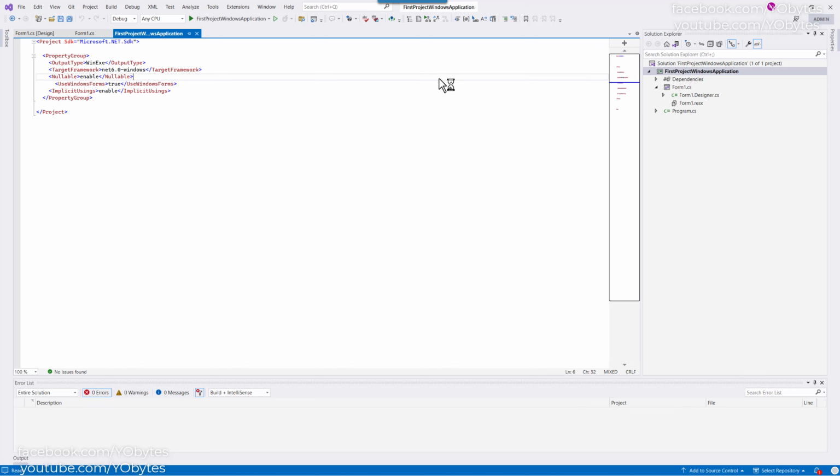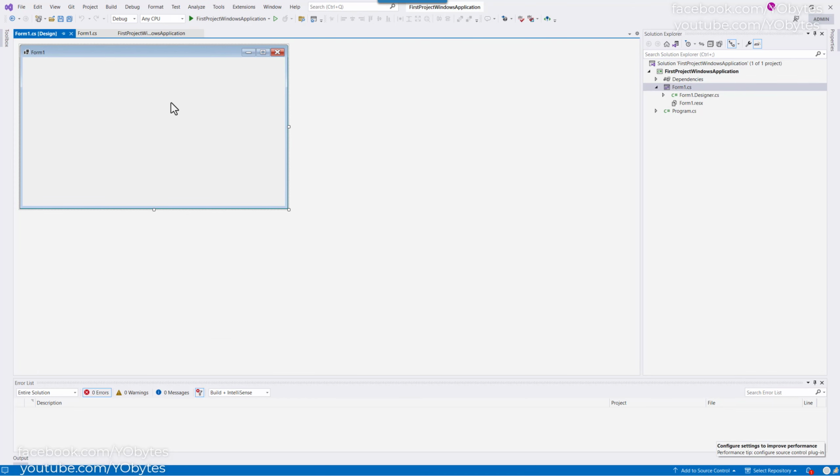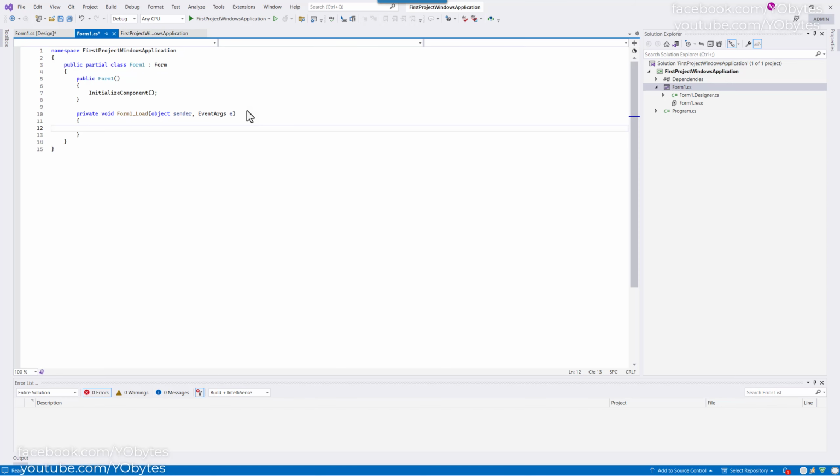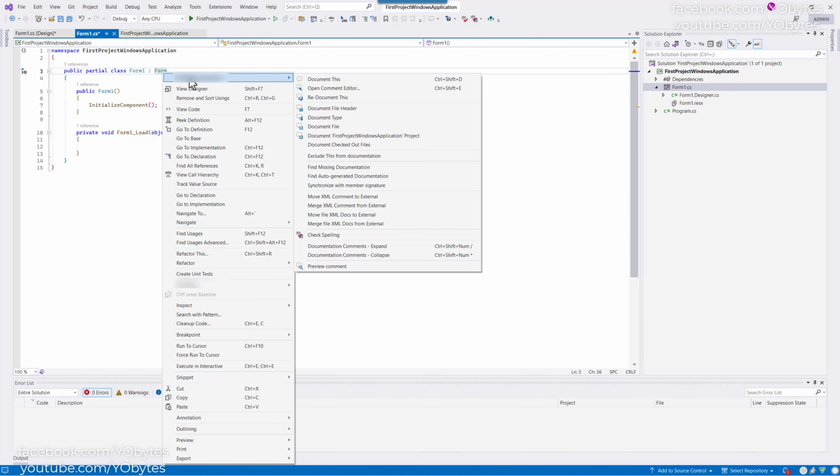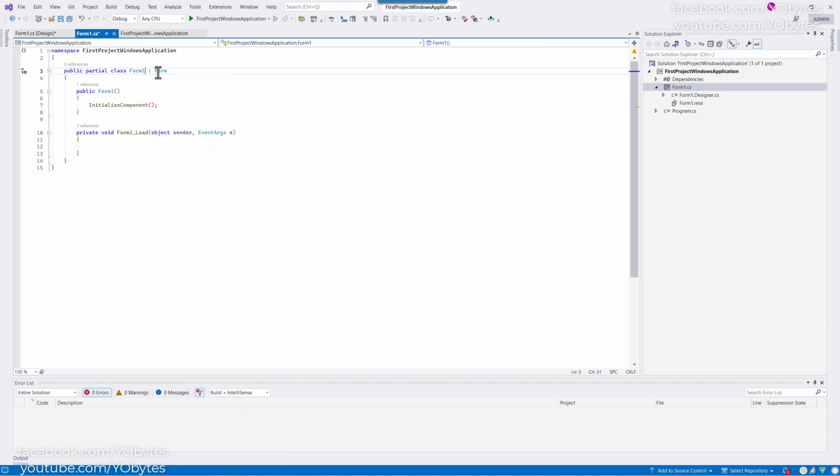A thing which has to be noted here is that Windows Forms is just the same as it was. If you look at the code, it inherits from the class Form, right? But in this case, unlike the .NET Framework 4.x and all that,